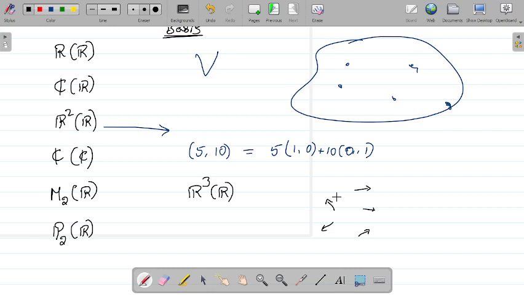3 directions. How many? Are two directions enough in R3? No, sir. We have to take three directions. Minimum three. Why? Because if you fix only two directions, you can just move over a plane. With two directions, you can only create a plane. But if you have one more direction which is independent of these, this enables me to reach any point.